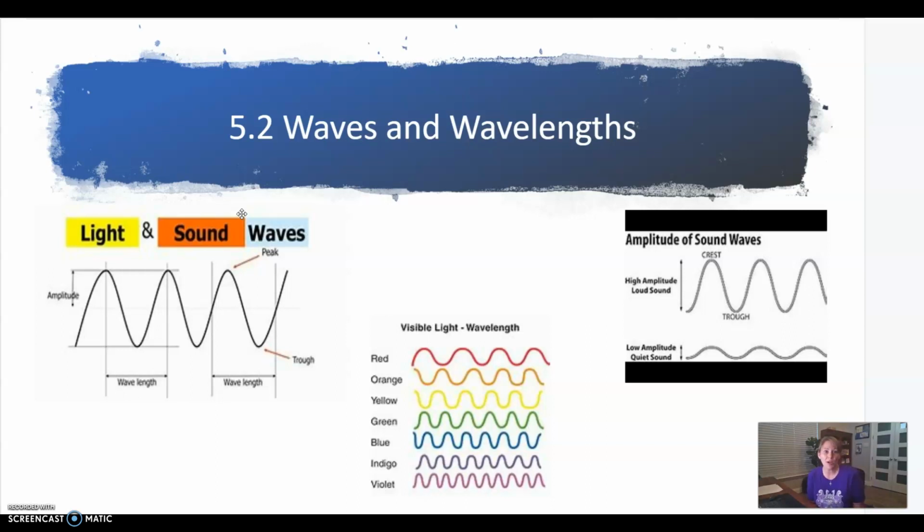Learning objective 2, show how physical properties of light waves are associated with perceptual experience. Let me scroll down so I can read it. The amplitude of light waves is associated with our experience of brightness or intensity of color. The larger the amplitude, the brighter. Animals that can see visible light have different ranges of color perception. In our book it says honeybees can see light in the ultraviolet range. That's crazy.